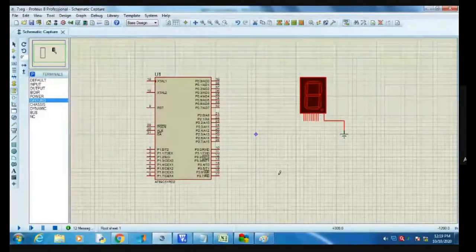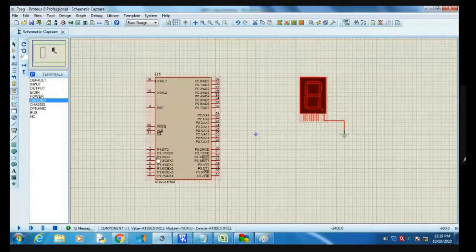I am going to define port 1 for this LED. We consider the LSB is connected to A, then B, then C, then D, then E, F up to G. Okay, so make the connections.